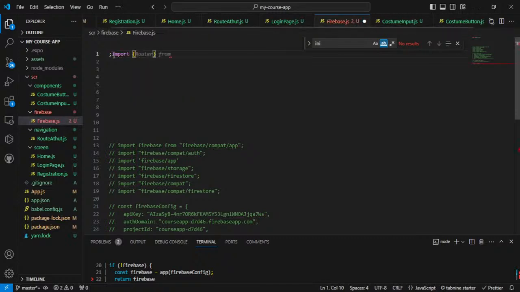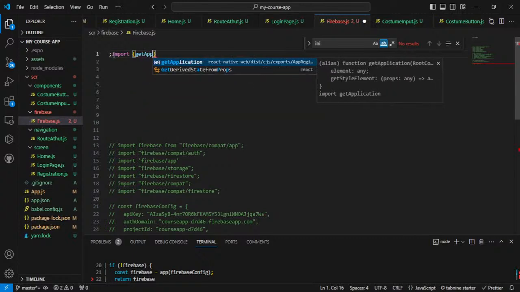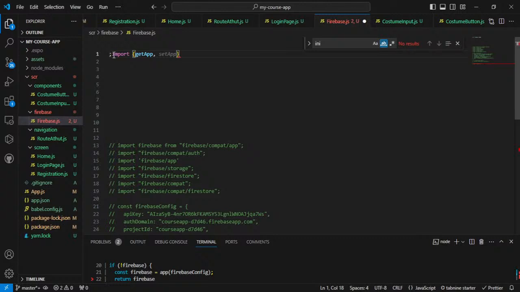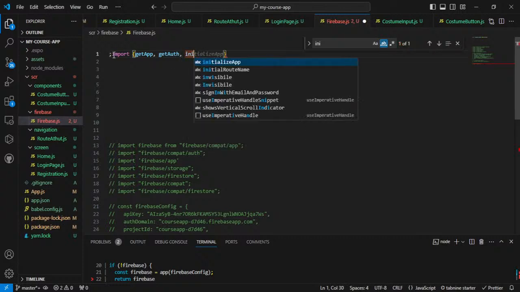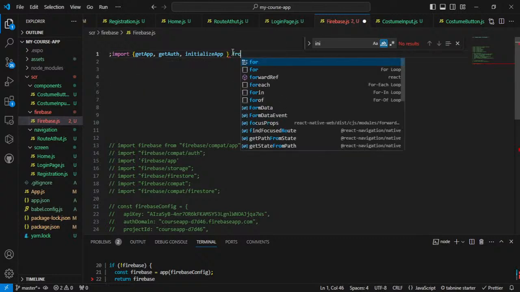Okay, so we're gonna import get app slash get out slash initialize app